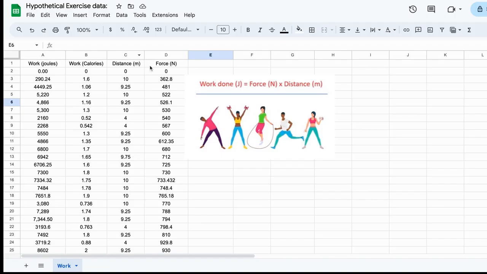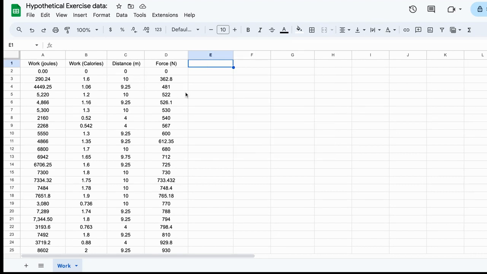For the formula, force times distance equals joules. So instead of doing all these by hand, that would be insane. Let's add a column, joules, and let's make the sheets do the work for us. So in this space right here, I'm going to put the formula. You go to here, f of x, and you're going to put an equal sign, and you are going to say